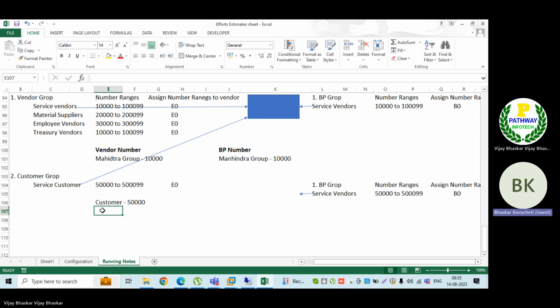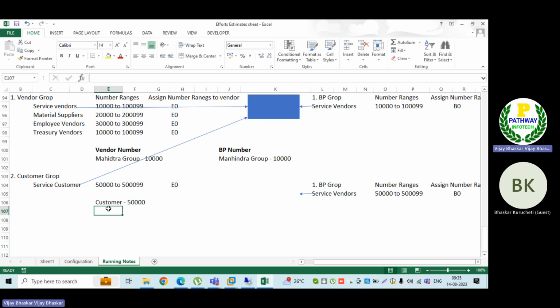But generally, this is the business scenario. We will not think like Mahindra is going to be a customer we created. That time there is no business. Later day it comes. Maybe when we are implementing, there is no existing scenario. If that is the case, then better we would have the separate number ranges. In future, if that could be the case, then again, better we would have the separate number ranges, because